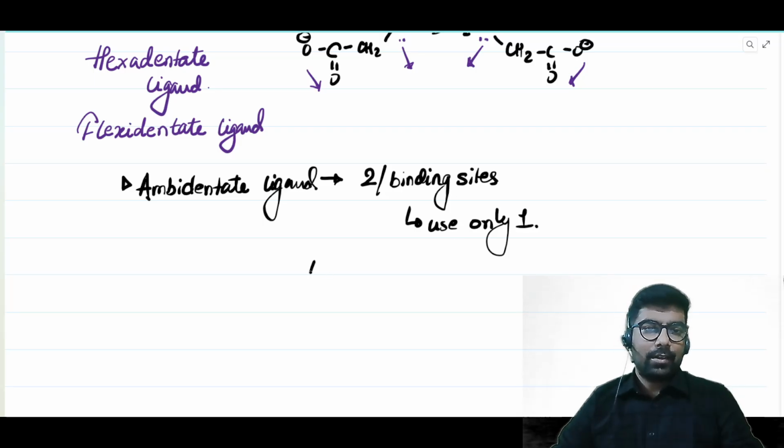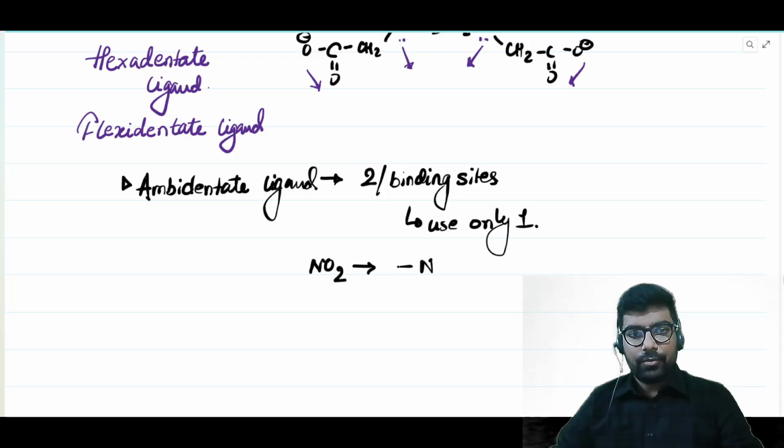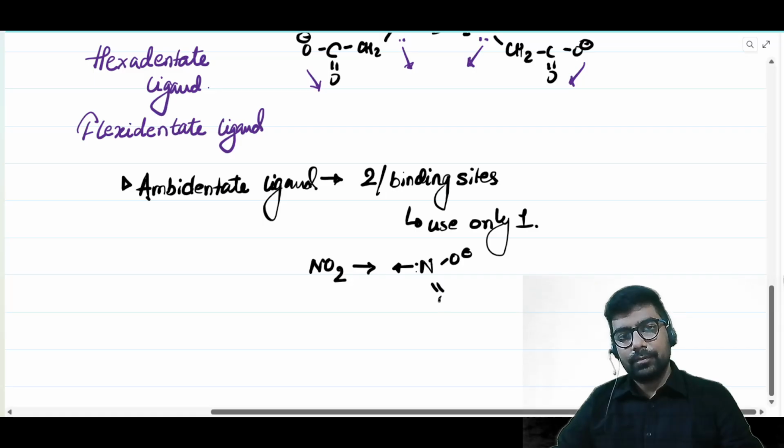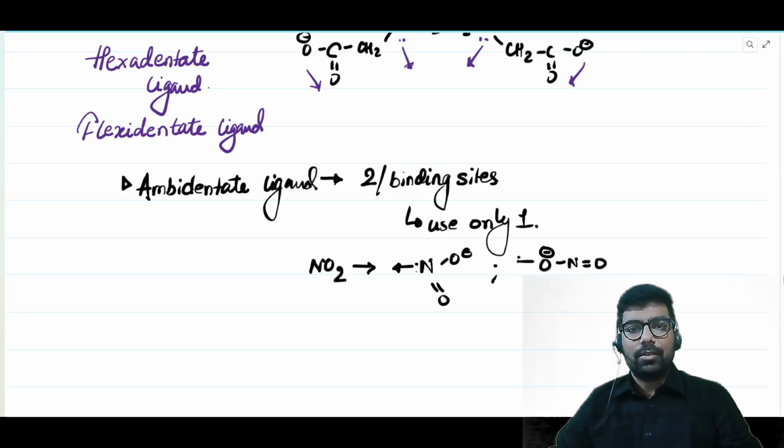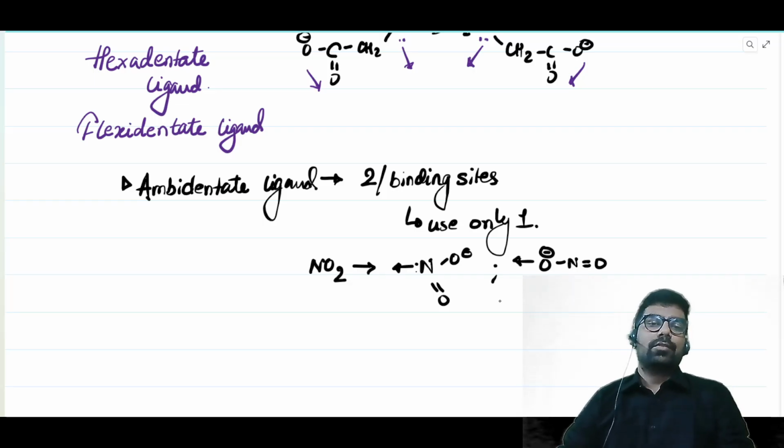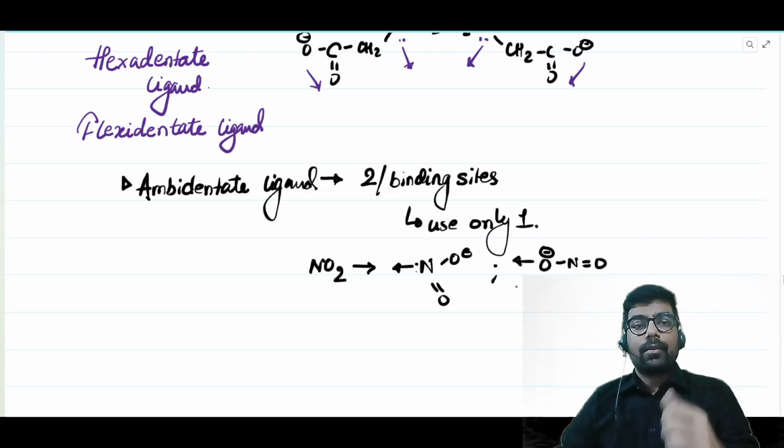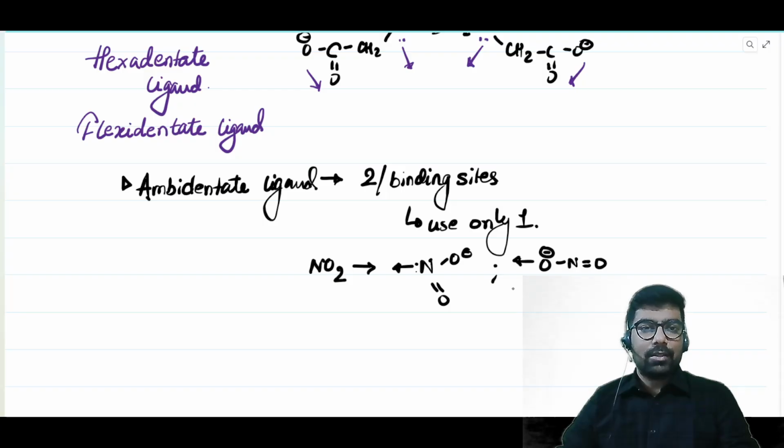Something like nitro, NO2, in which I showed you nitrogen can act as a binding site, or we have ONO, where it is the same NO2 group, but here oxygen is acting as the binding site. So it was an example of an ambidentate ligand. Okay, so these are the things that we discussed in lecture 1 of this series,